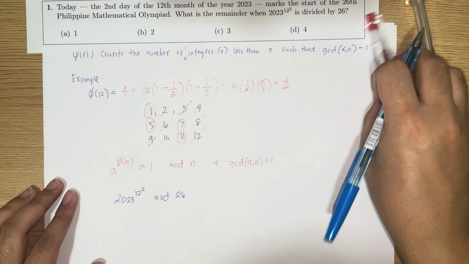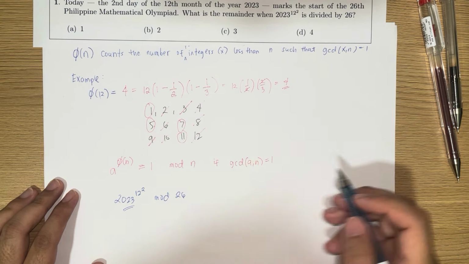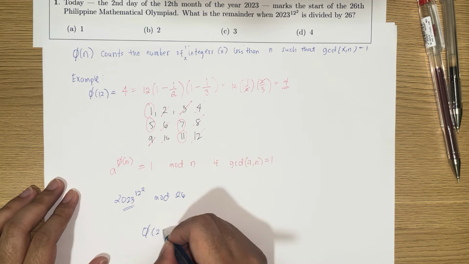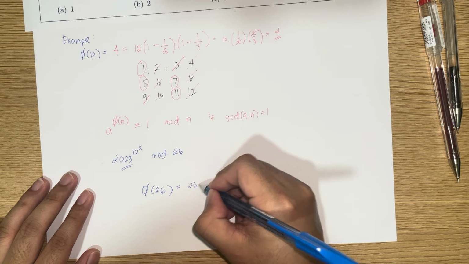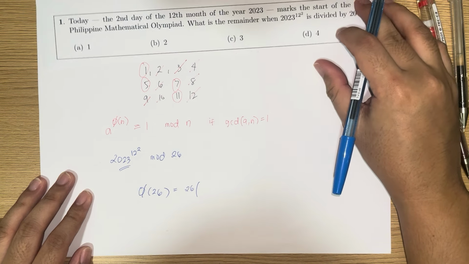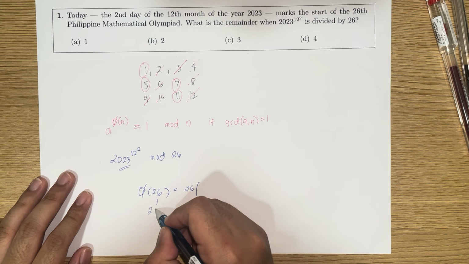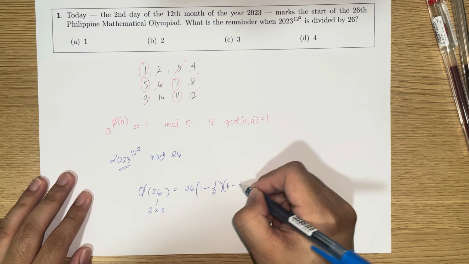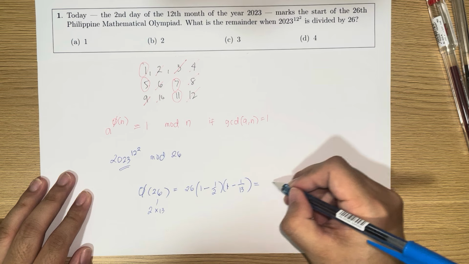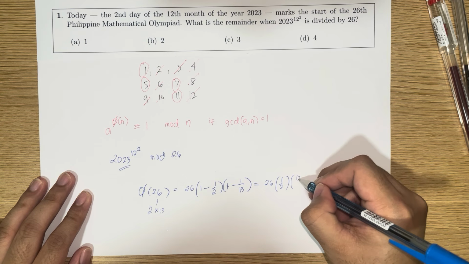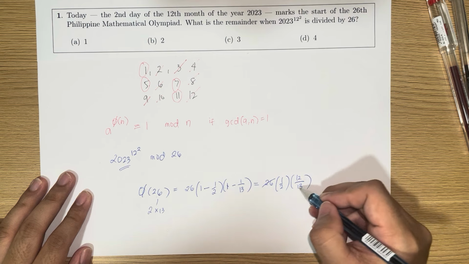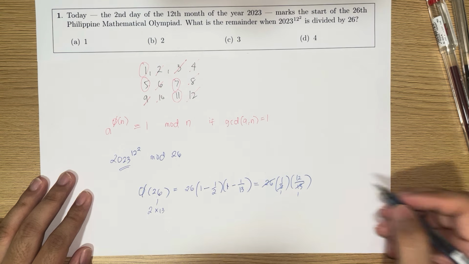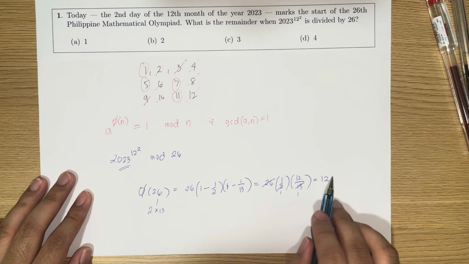Mod 26 basically is just finding the remainder when this number is divided by 26. We find first the totient of 26. Phi of 26 is equal to 26 times the prime divisors of 26, which are 2 and 13. So this is 1 minus 1/2 times 1 minus 1 over 13. If we simplify this, we have 26 times 1/2 times 12 over 13. Cancel out the 13 here, so this is 1. Cancels out the 2. This 1 as well. So the answer here is 12. Therefore, phi of 26 is 12.